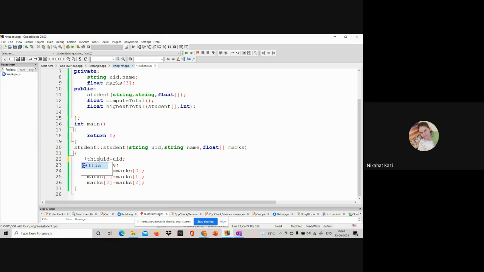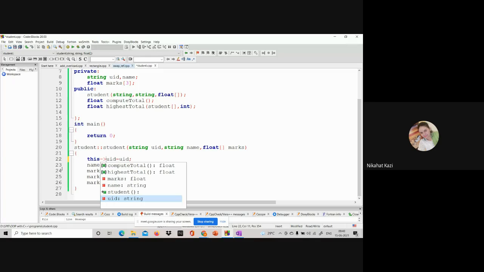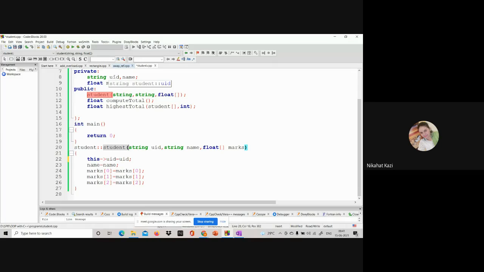So this arrow UID, the current object's UID, is equal to UID. The moment I say this arrow UID, I'm referring to the object which is calling the constructor. Whenever you create an object, you are initializing that object's data members one by one. Yes or no?